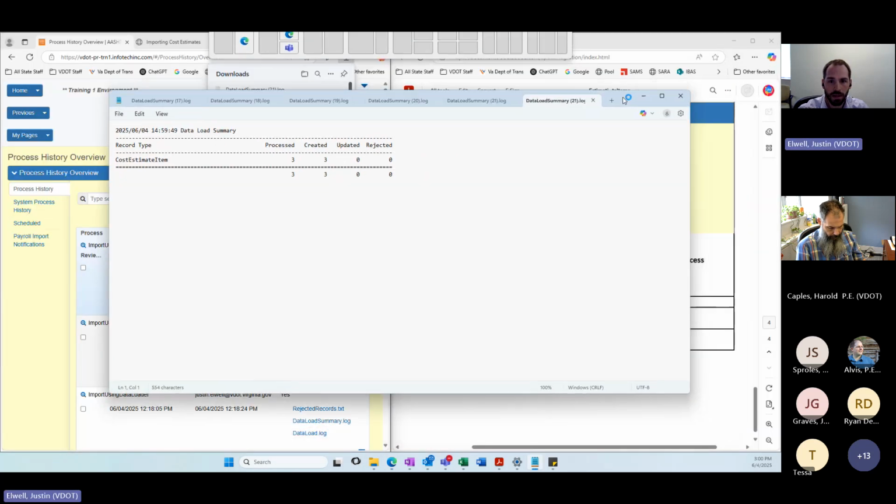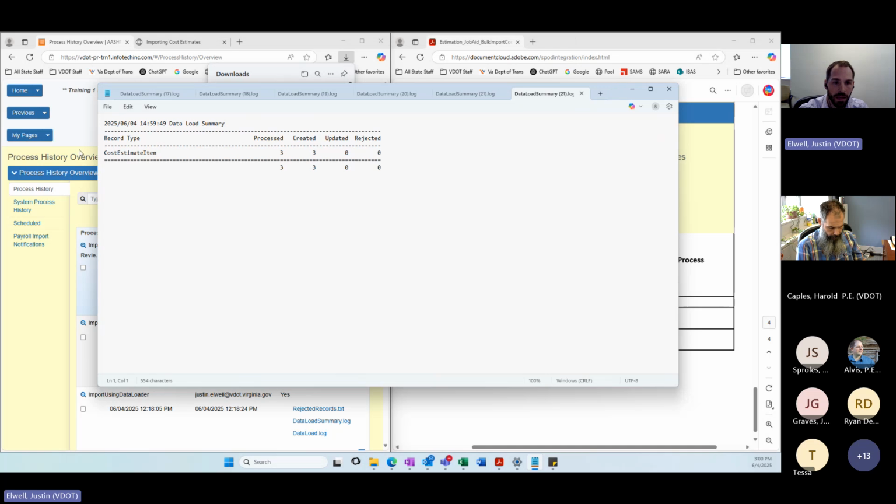So that log gives you a summary of what the process did. You can see the record type was cost estimate items, and it tells you 3 items were processed, which should check out, and 3 items were created, which means 3 items were successfully loaded to that cost estimate.